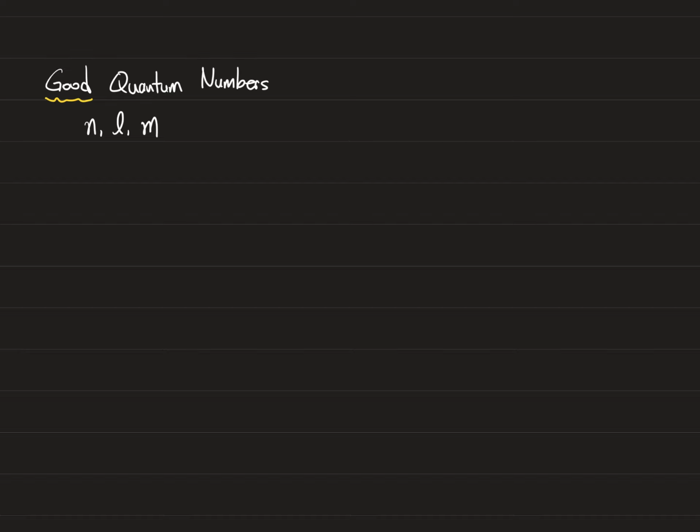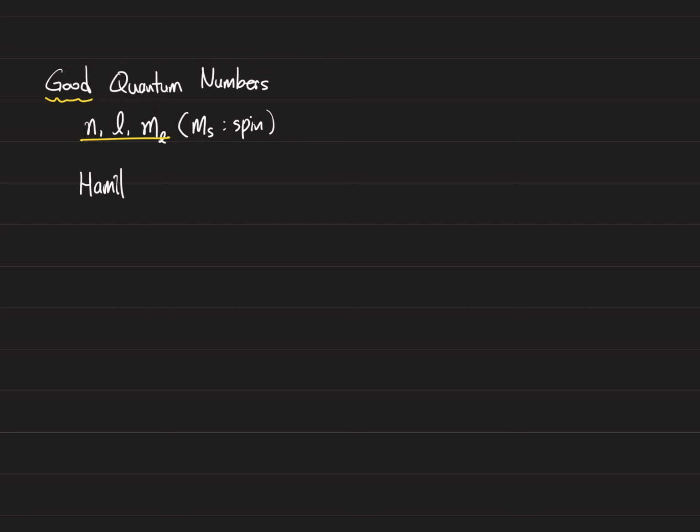I want to put the subscript l here to distinguish m sub l from m sub s, which will be discussed later in this lecture, which is for the spin quantum number. Anyway, this set of quantum numbers makes the good quantum number set because